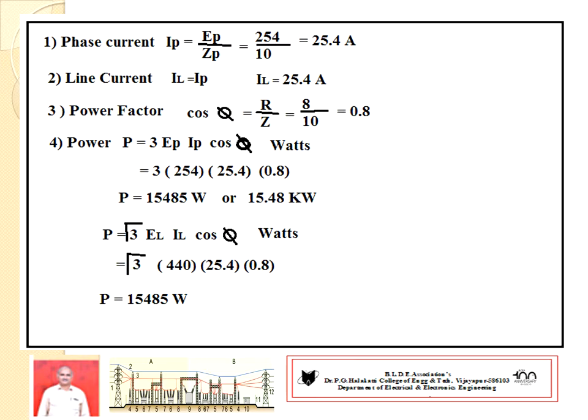Same. Next, power factor. Cos phi equal to the ratio of R by Z. R equal to 8, Z equal to 10. Therefore power factor equal to 0.8. Next we have to go for power. 3-phase power equal to 3 times EP IP cos phi. This is a very important relation, if I take the phase voltage and phase current. Power may also be calculated by root 3 times EL IL cos phi.